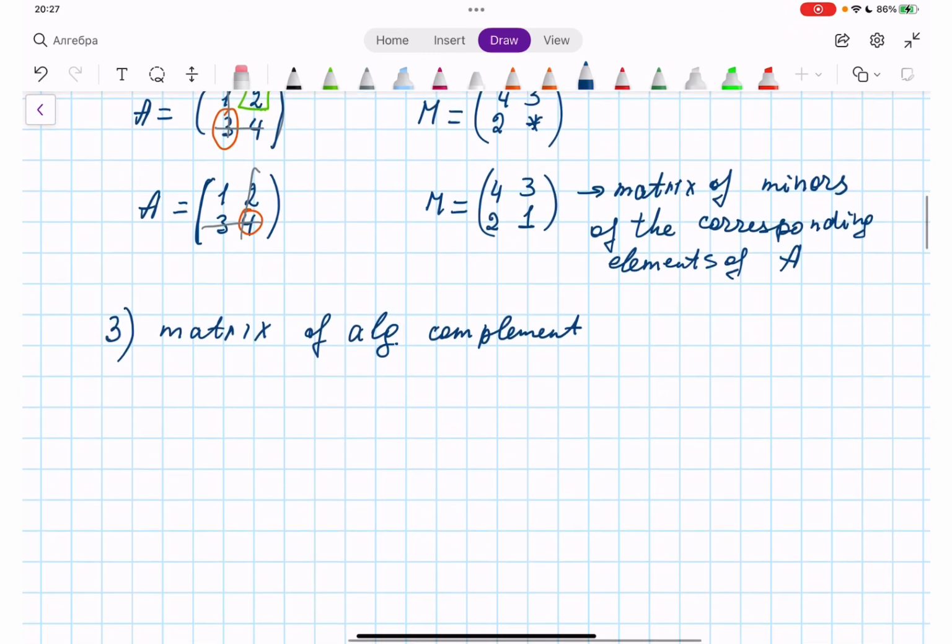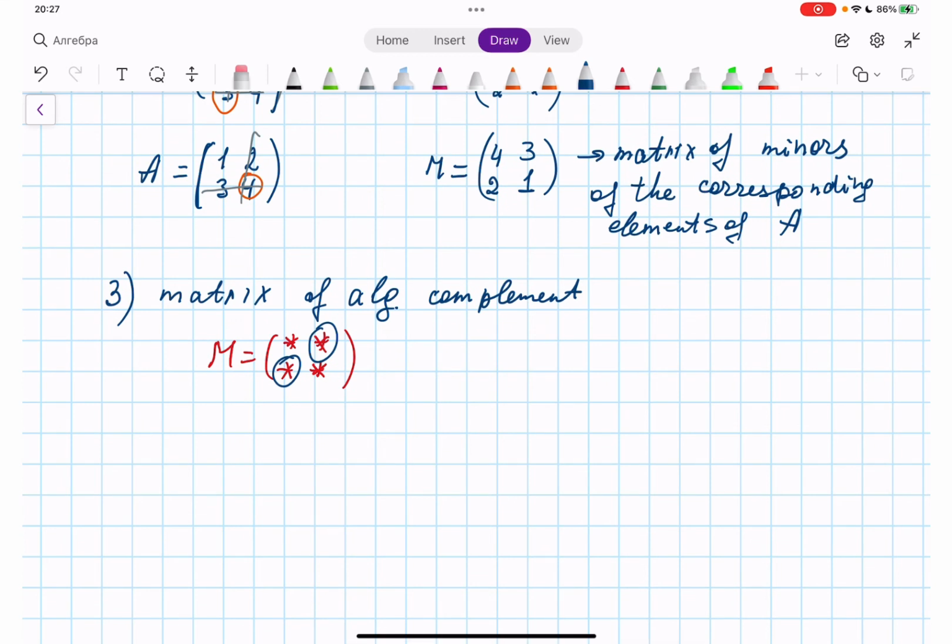Okay, so this one is very simple. All we have to do is change the sign of 2 numbers. So when here we have 1, 2, 3, 4 stars, because we are exploring 2 by 2, right? And we are going to change the sign of these 2 elements, this and this. Okay, so which means it's going to be, in our case,